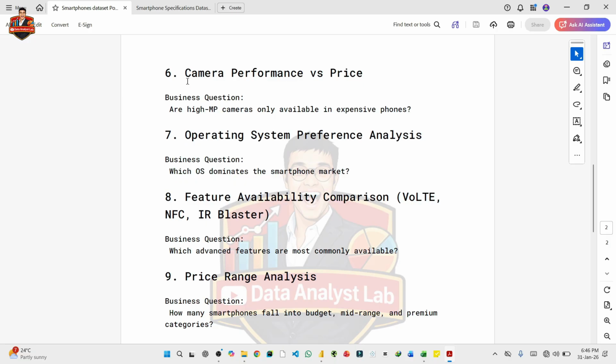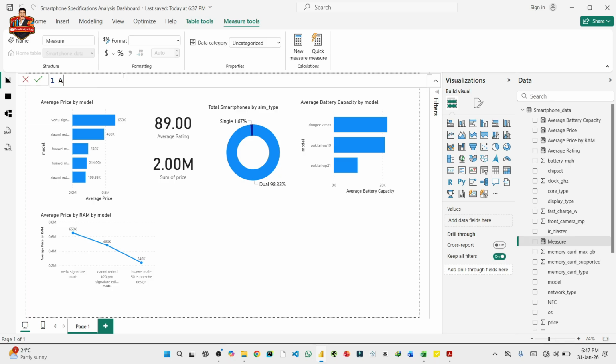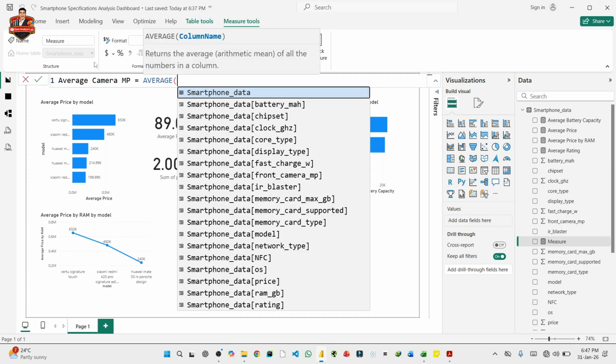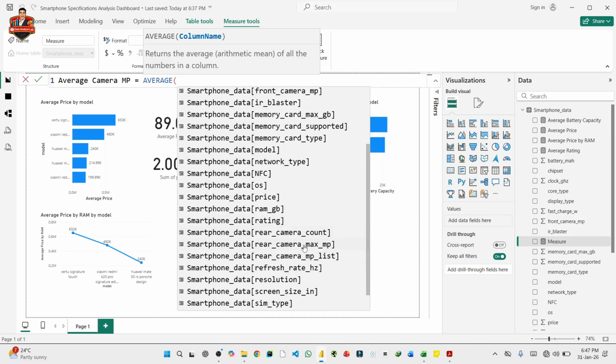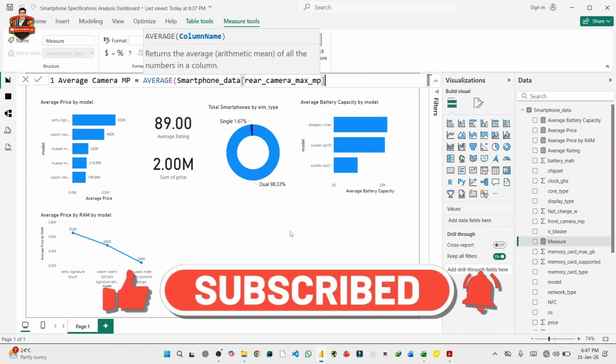Next, question number 6, camera performance by price. We create a new measure, name it average camera megapixel. We take this column,